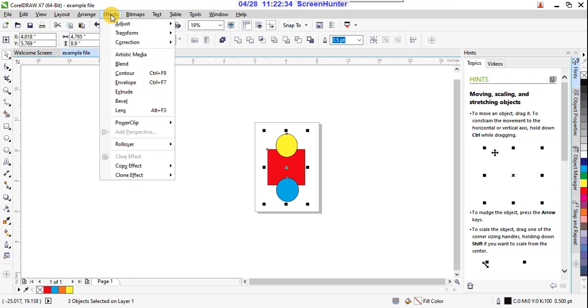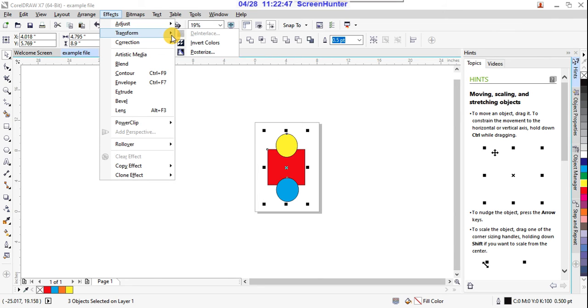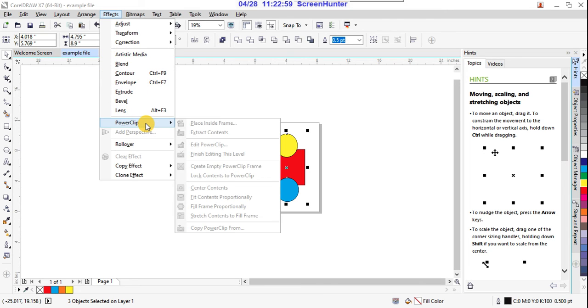And here, effects. In CorelDRAW we have all the effects, right? So observe here, these are all the adjustable effects. Contrast enhancement is there, and here the transform information on colors, and here corrections are there, and here artistic media, blend, contour, envelope, extrude, bevel, and power clips.